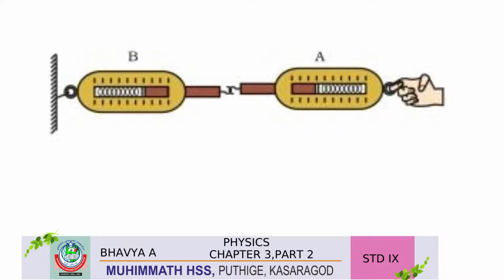So there, forces are applying in opposite directions. They are both applying an equal amount of force, but that force is in the opposite direction. Equal force is applying, but in opposite directions. A is in the backward direction, B is in the forward direction, so they apply equal force in opposite directions. This is called Newton's third law.